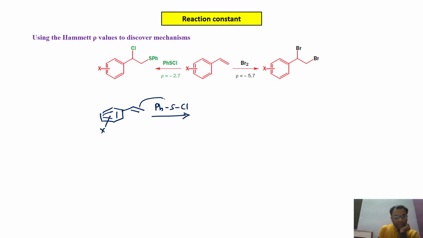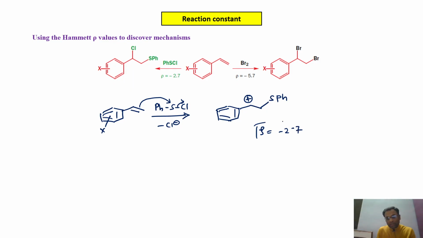Here also this pi bond attacks the sulfur and departure of the leaving group takes place. So here we have a positive charge formation. Now, as the rho value is small, that is rho is equal to -2.7,